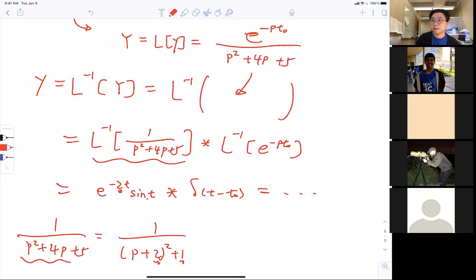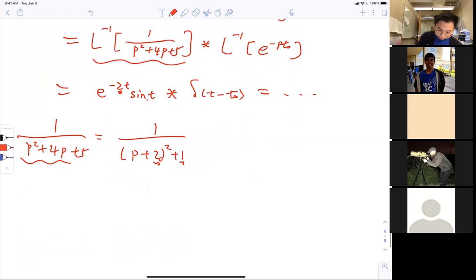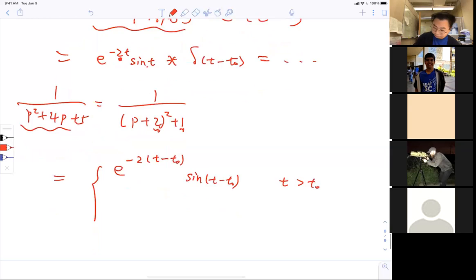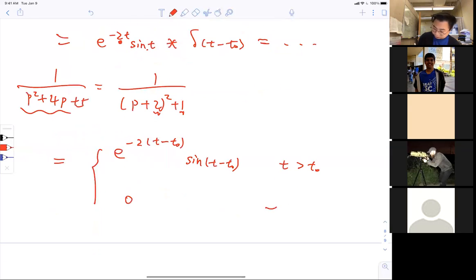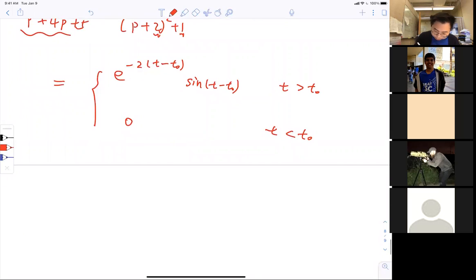This is also a piecewise function. So basically, exponential minus 2 times t minus t naught, and sine t minus t naught when t is larger than t naught, and it is 0 when t is smaller than t naught. This makes perfect sense physically, right? Because remember,